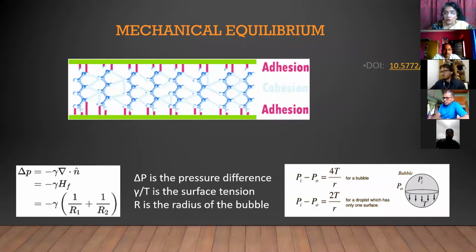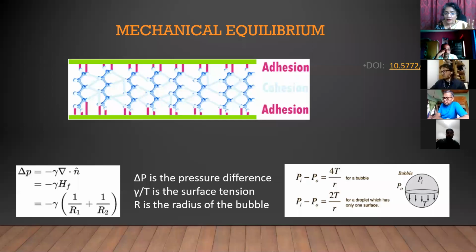And what this does, when there is a balance between cohesion and adhesion, is that you can have various phenomena occurring. One of them is the Young-Laplace condition, where when you have a bubble that is formed, the air inside and the membrane of the bubble have different properties, and the pressure difference is seen as a mechanical equilibrium. That is, the pressure tries to equilibrate, and at some point the bubble will burst. So that is given by this famous Young-Laplace equation.